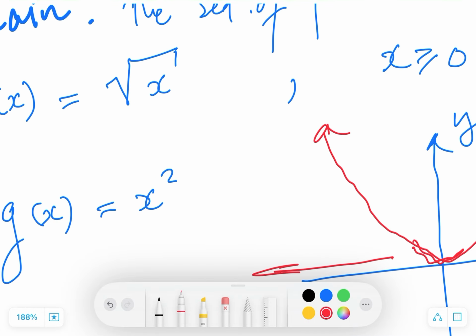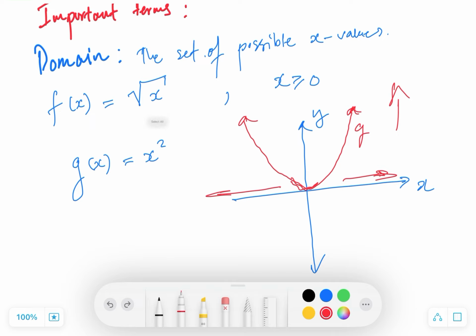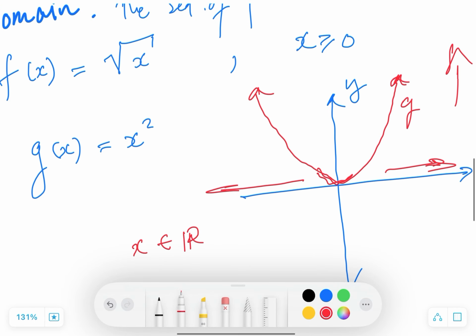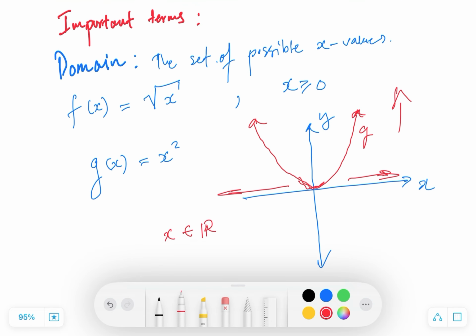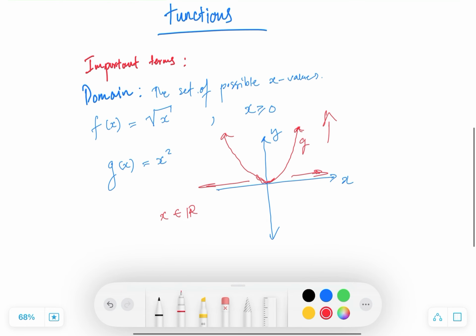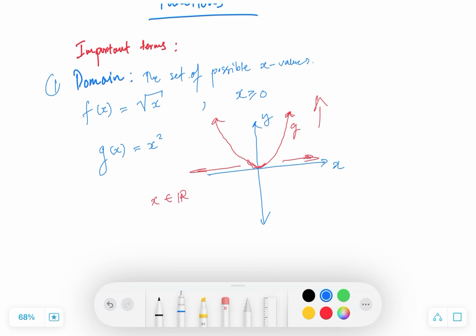So on this graph, you can plug in any number as an input and you will get some y value, right? So that means that the domain of this graph is just x is an element of real numbers. So you can plug in a half, negative 1000, positive whatever, you will get an output which will be the y value. So the next thing to talk about will then be